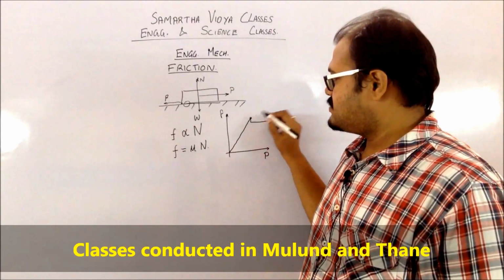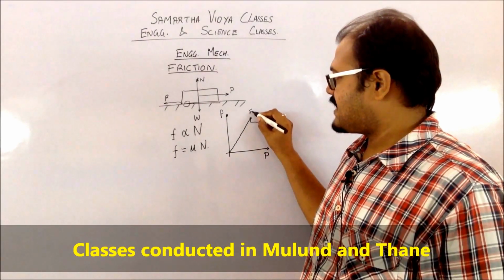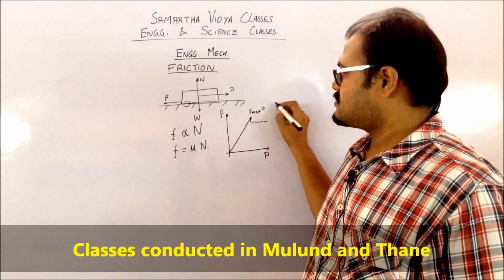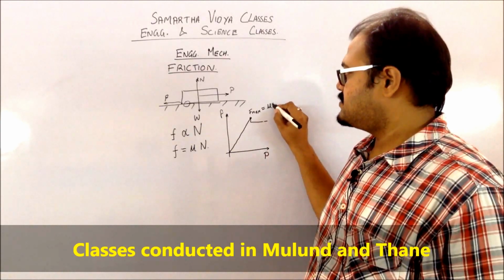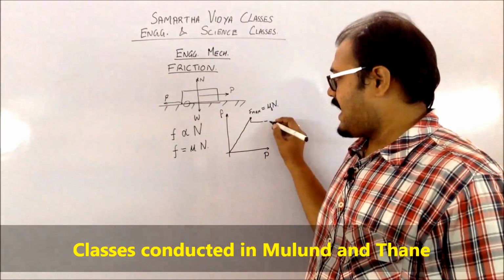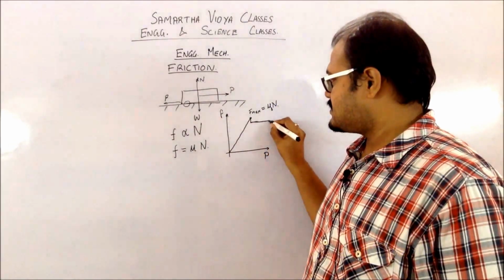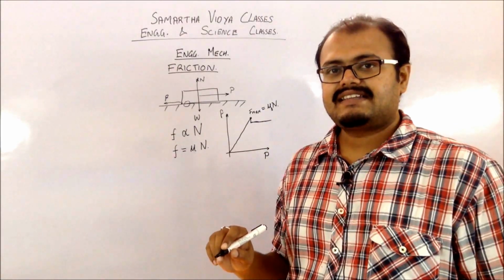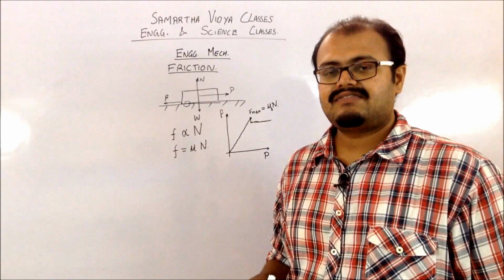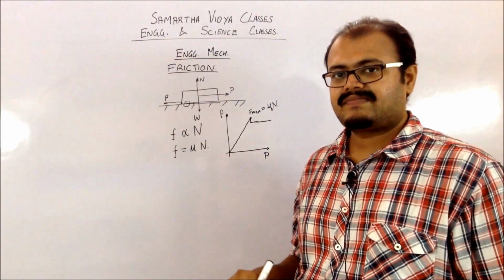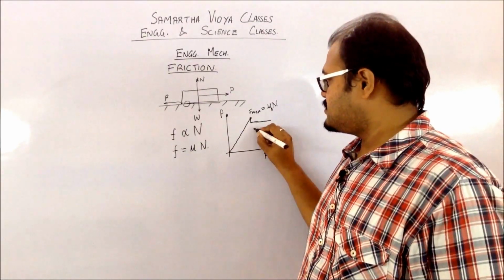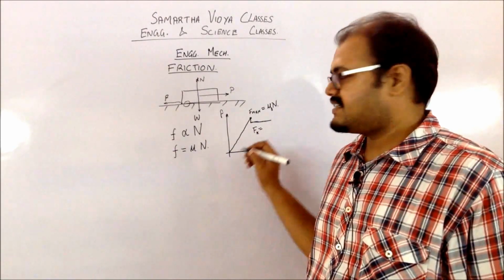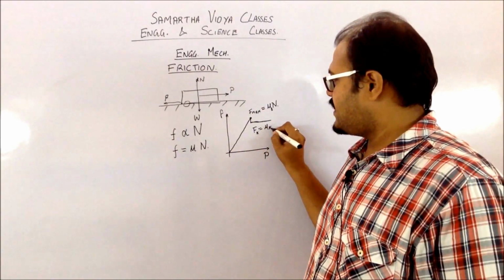So this value is going to be equal to the maximum frictional value which is going to be generated, which is going to be equal to your mu into your n. And this particular value, for which it's going to remain constant, is nothing but the kinematic friction which is being generated. So for this value, your F kinematic is going to be mu k into